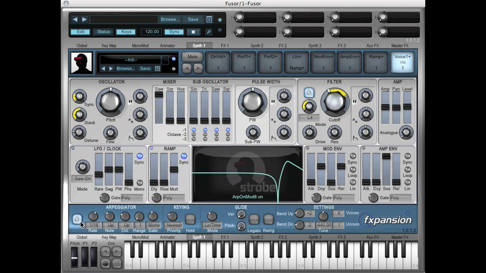If I take the arpeggiator off now and just repeatedly tap a single note, you'll hear the voice mod source cycling through its various settings for each of the voices. One of my favourite little tricks, if I enable the arpeggiator and slow it down a little,